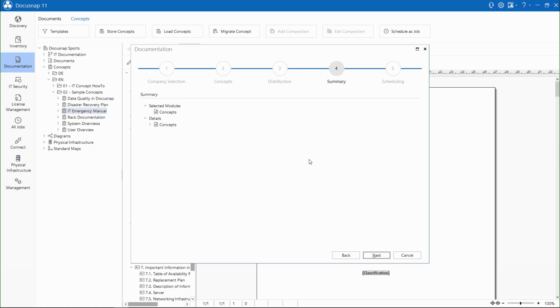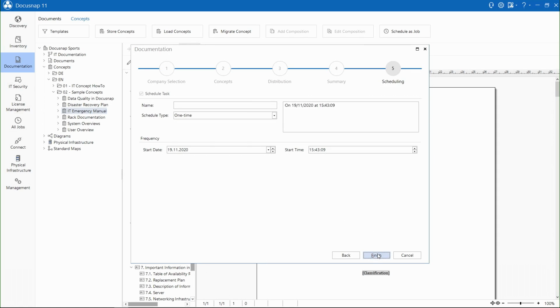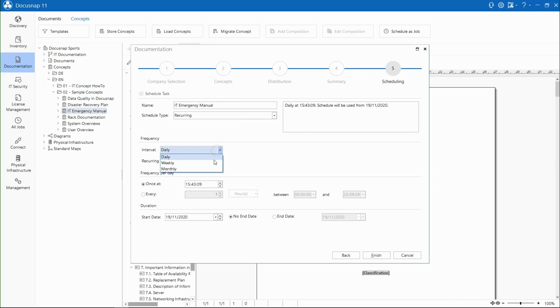In the fourth step, we get a summary as in all Docusnap wizards. And now comes the crucial point, the scheduling. The best way is to time the update and the export of the concepts as soon as an automatic inventory run is completed. I give this job a name, IT emergency manual, and select a recurring execution. In our example, I would like this to happen weekly on Sunday every 11 p.m. With finish, Docusnap now saves this job, and every Monday morning when I come into the office, I have a